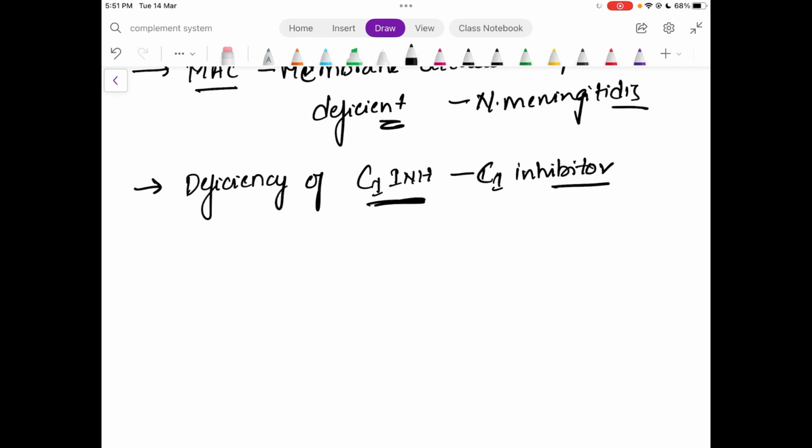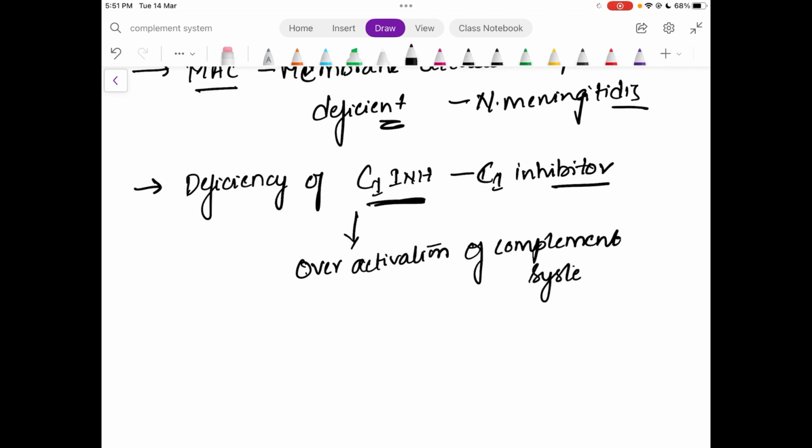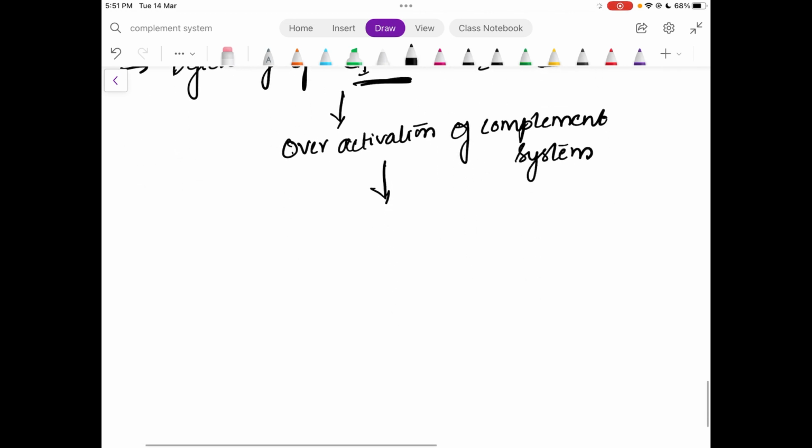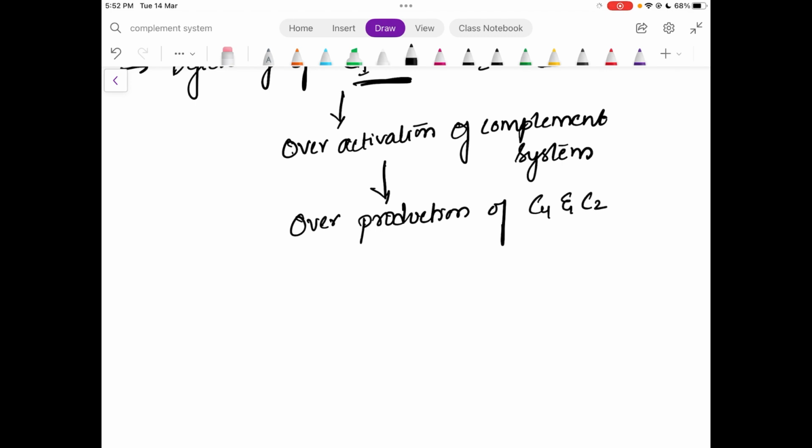Whenever this C1 inhibitor is deficient, they will cause overactivation of complement system, and overproduction of C4 and C2, and they will cause increased production of vasoactive